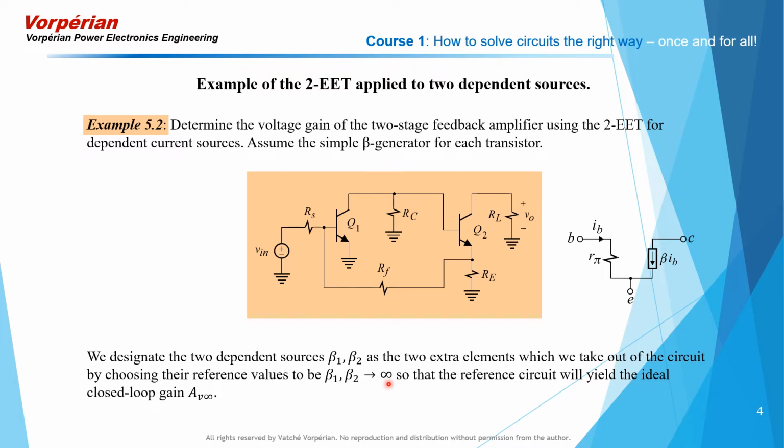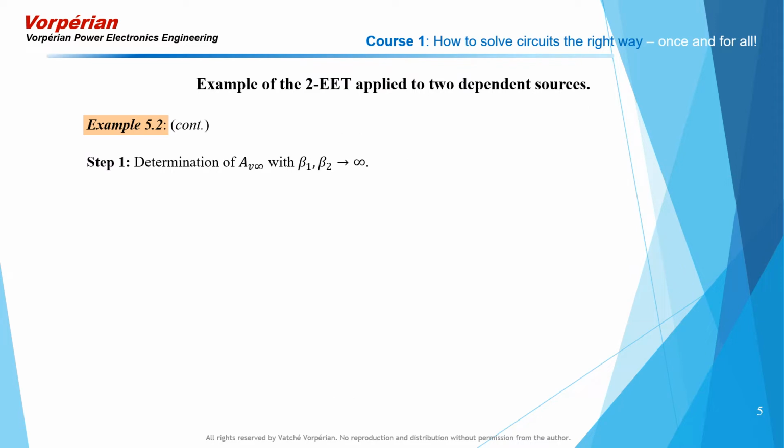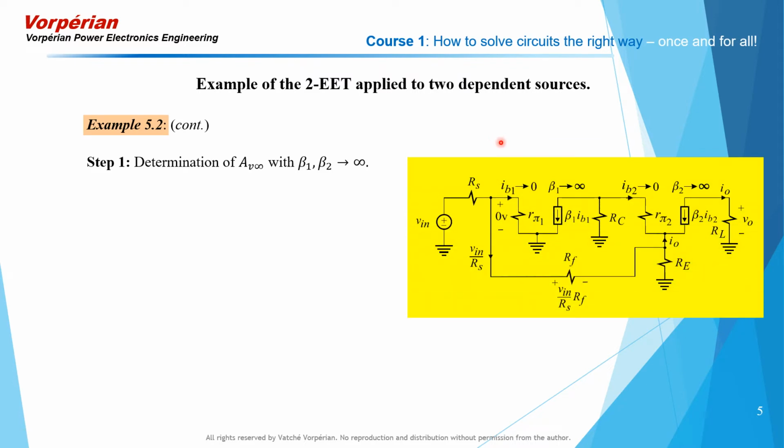Then we are going to reinstate beta 1 and beta 2 using the form of the two EET for two dependent generators when they're taken out of the circuit initially in the reference circuit, that is, with a value of infinity. So in the first step, we let beta 1 and beta 2 go to infinity, and we obtain our reference circuit in which we show beta 1 equal to infinity here and beta 2 going to infinity here. And from this circuit, we will determine the voltage gain Vout over Vin with beta 1 and beta 2 having infinite value. With beta 1 infinity and a feedback connection, IB1 will have to shrink to 0,